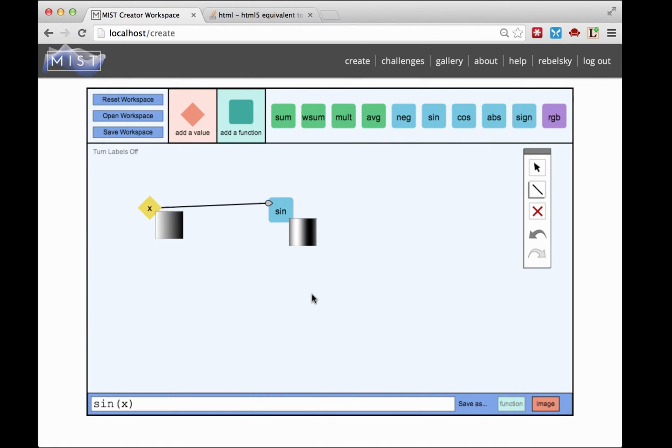Let's add one more function just to see what's happening. We're going to choose sum this time. Sum adds things together. You'll see that this time it has two inputs. Let's add the result of sign